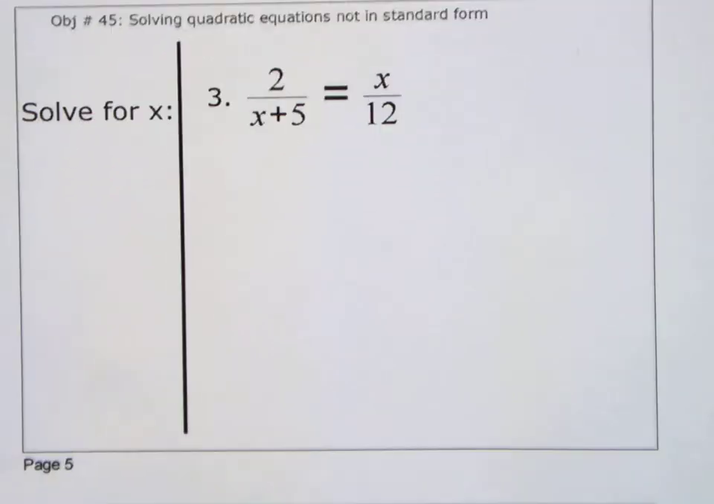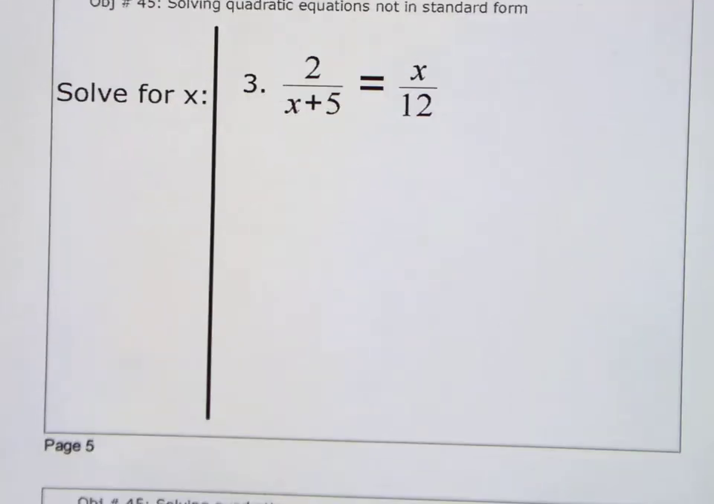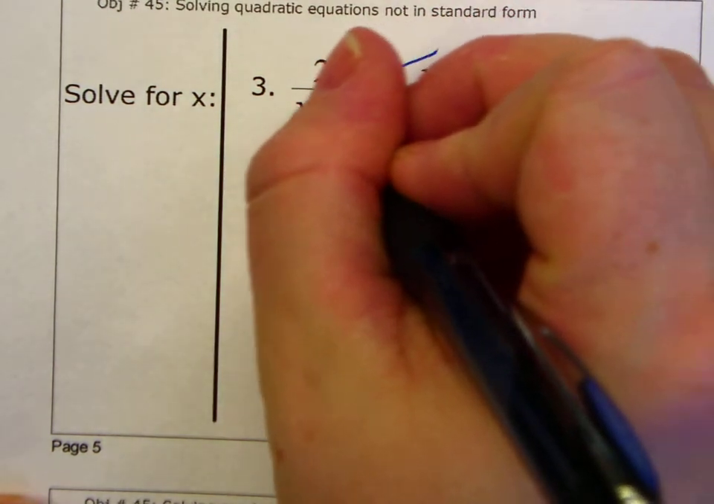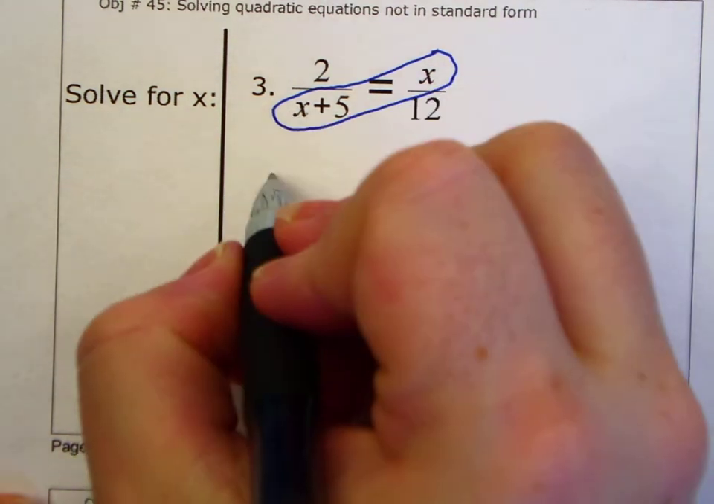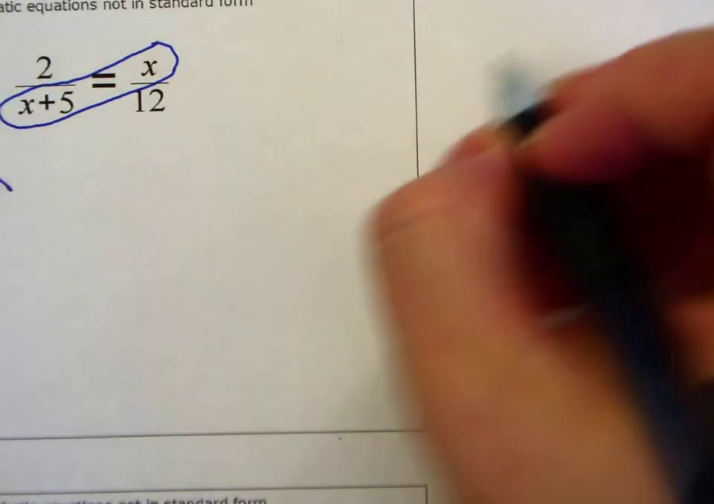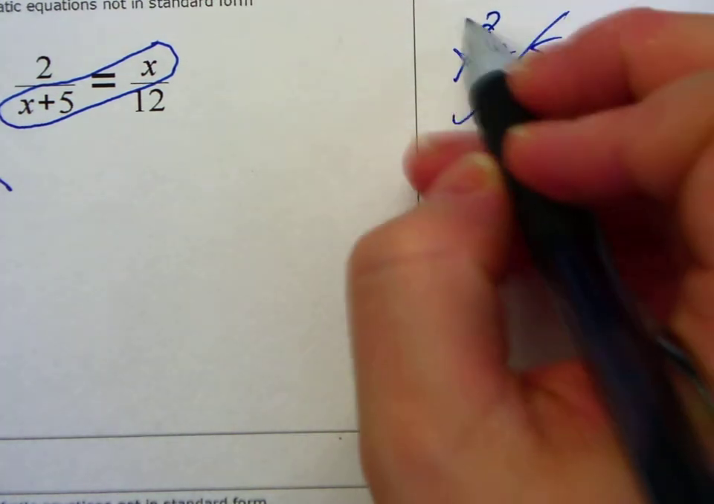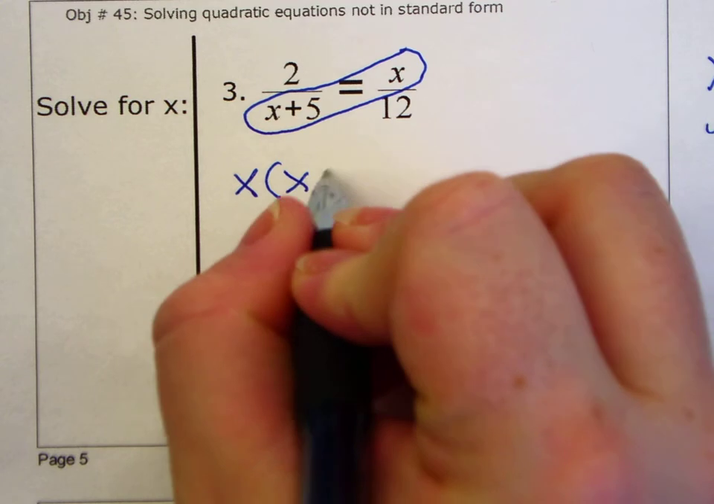All right, number 3. All right, cross multiply again. This one's a little harder though, so be careful. What is x plus 5 times x? Now, a lot of students do x. We'll do it over here. I see a lot of x squared plus 5. That's wrong. No. It's x times x plus 5